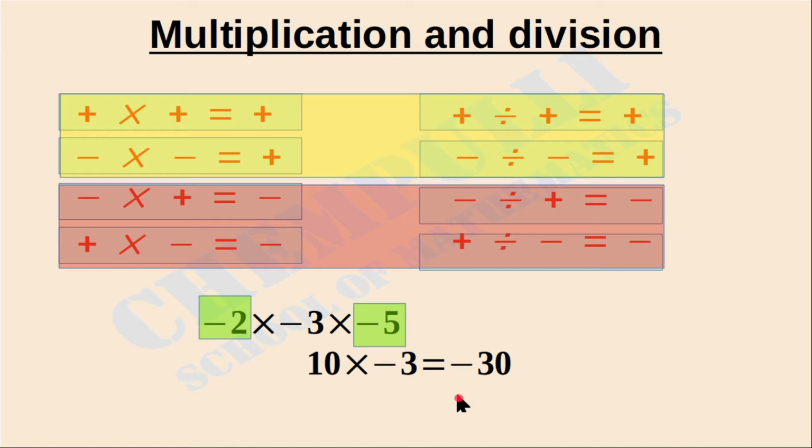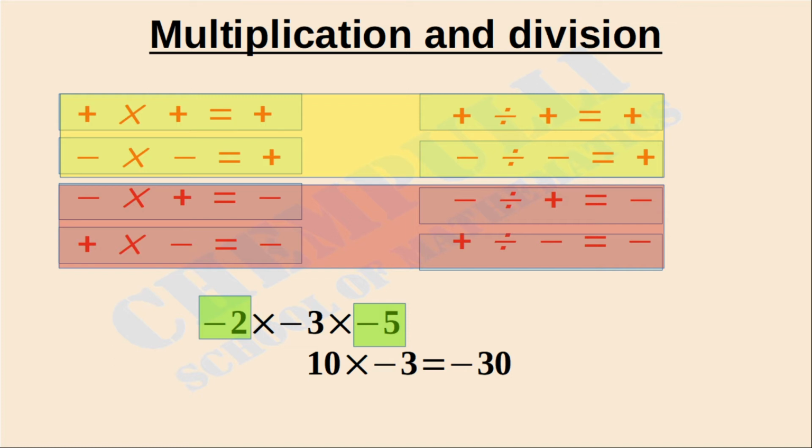We got the same answer, because multiplication satisfies both the commutative property and the associative property. That means in multiplication, any way you can take the numbers, that is the first number, the last number, or the first two numbers or the last two numbers, any way you take that product, in all cases you will get the same answer.